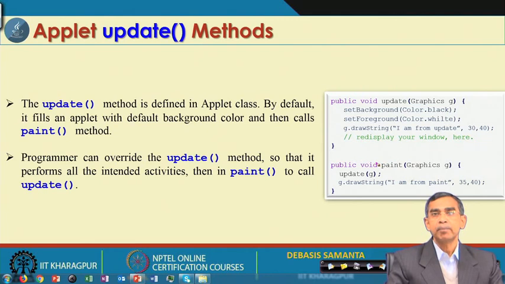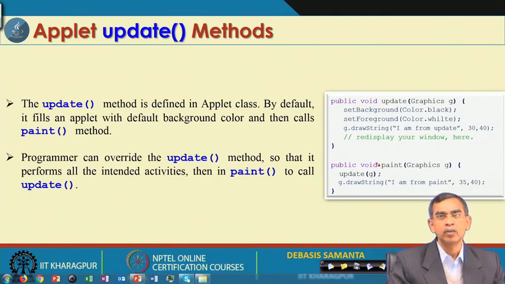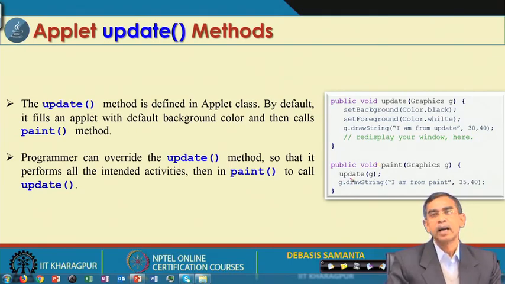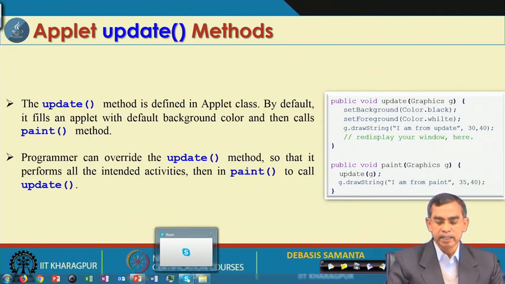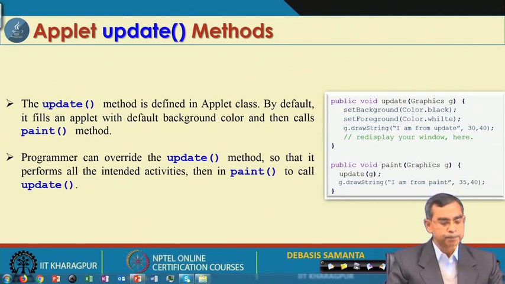And this update method cannot be invoked automatically. In the repaint method you have to call it in order to update. So, it is basically update in the repaint method. It will update, and after the updating, whatever you do in the paint method it will do. So, update is basically changing the settings in your applet.